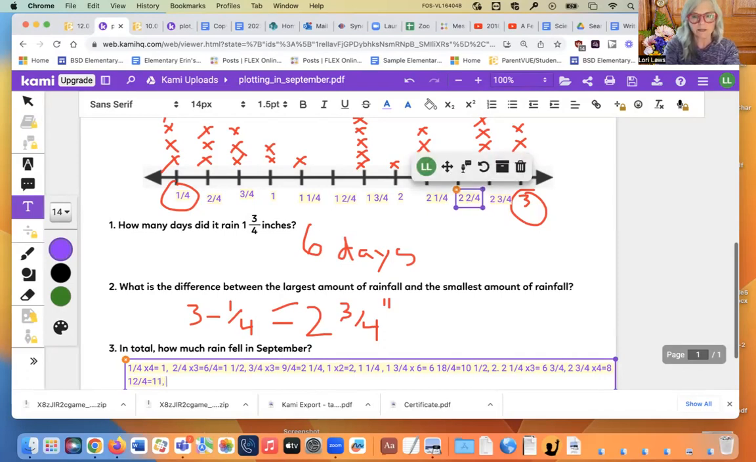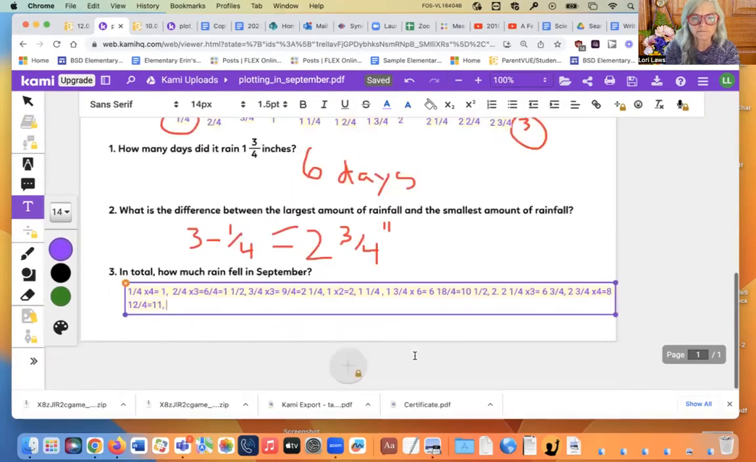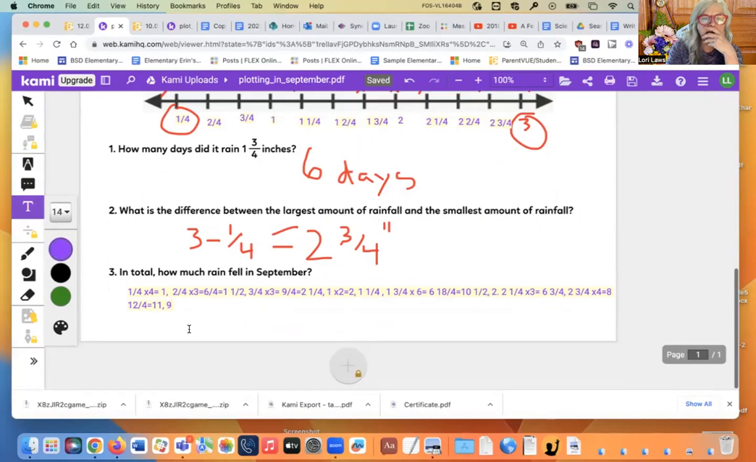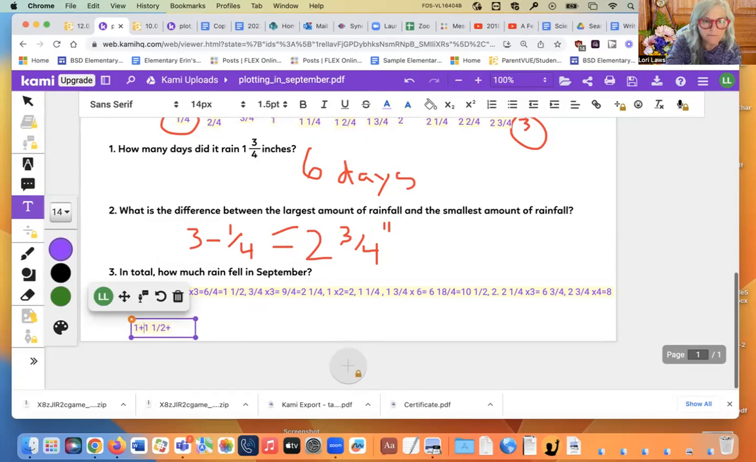Equals 11. And then the last one is 3 times 3, which is 9. So 9. Now let me go back and add up these numbers. So we have 1 plus 1 1/2 plus, oops, sorry, I meant plus. So you have to do this very carefully, making sure that you're